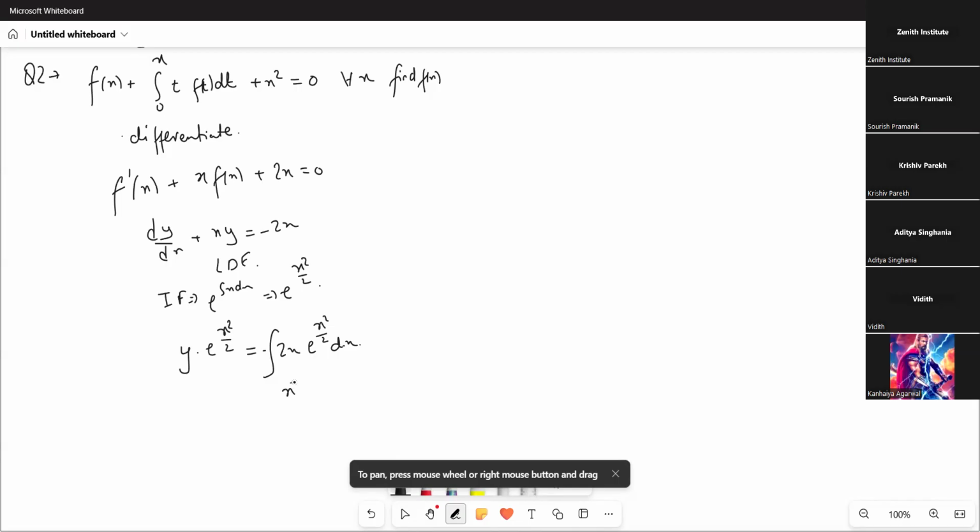तो इसमें x square by 2 को t डाल लो, x dx dt हो जाएगा। तो विल हैव इट एज -2 इंटीग्रल e to the power t dt। तो y into e power x square by 2 will be equal to minus of 2 e to the power x square by 2 plus some c।